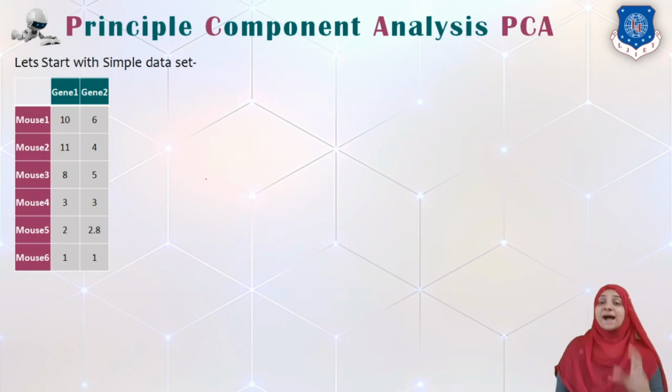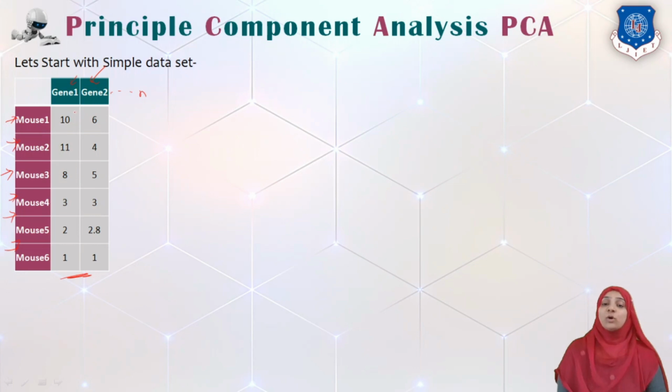Here in this example, I will transform two dimensions only to two dimensions. But originally, the data having n dimensions is transformed into k dimensions. Let us start by understanding the given data set. This data set is nothing but an observation made over 6 mouse, and they have been observed for gene 1 and gene 2. Obviously, genes are not only 2, we can have n numbers of genes, but just to understand the concept of PCA, I have only selected 2 genes.